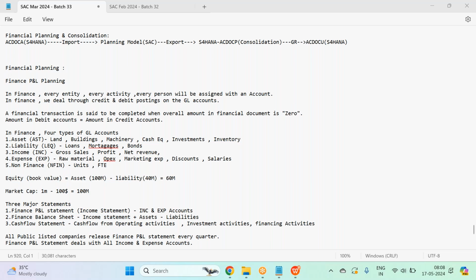If you want to know how much we received in cash on a particular day, what do you do? You go to the GL account and see what credit postings happened on that account on that particular day. The overall amount is how much cash we received so far. If you want to see how much we paid to the vendor so far, we cannot go to the vendor and ask for his bank statement so that we can track the amount we paid, right? We go to that vendor's GL account and see how much has been credited to that vendor account so far.